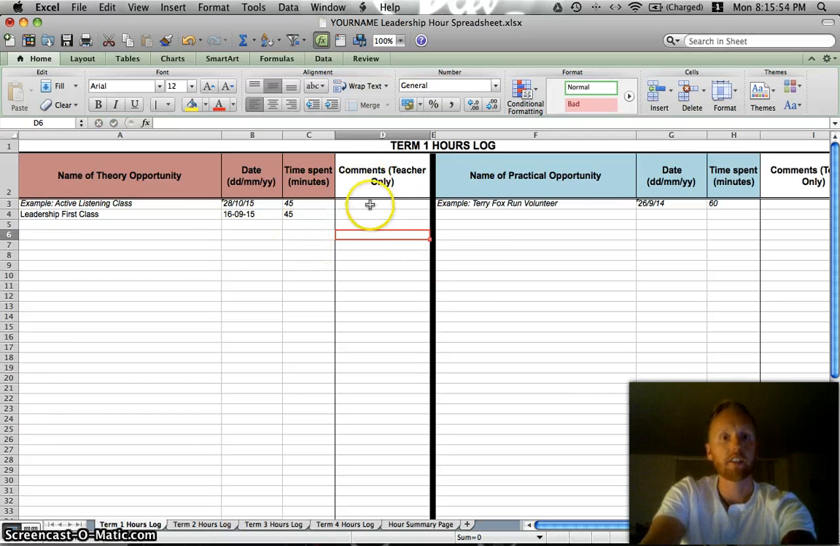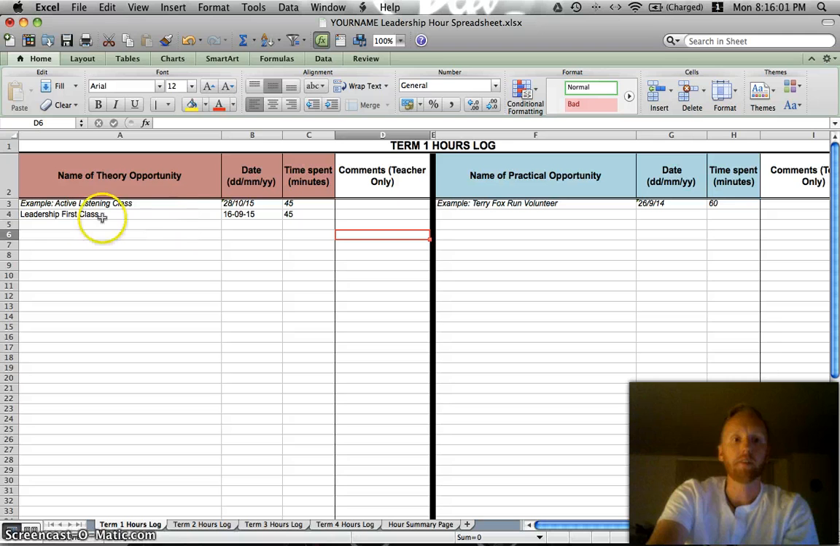Now there's one section here that says comments, teachers only. Keep in mind that is only for the teachers to leave comments for. So you do not need to fill in that part. So now I've entered in my first theory opportunity, and at the bottom where it says term 1, term 2,